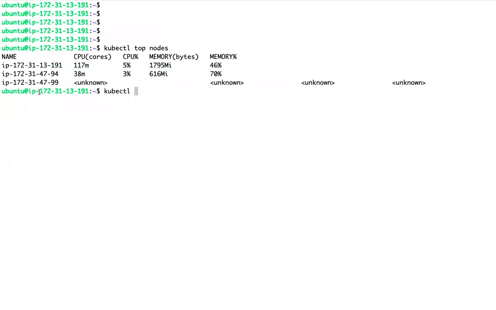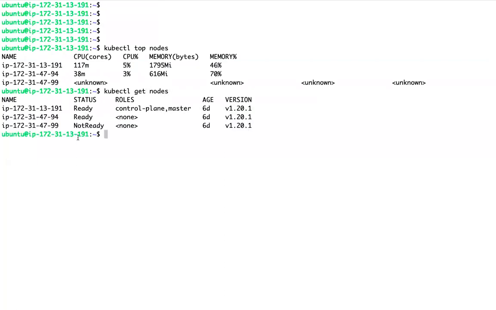If you see, for this node it is unknown. Maybe that node might have some issues. This server is not ready. Which component in this server will the master machine use to control that machine?